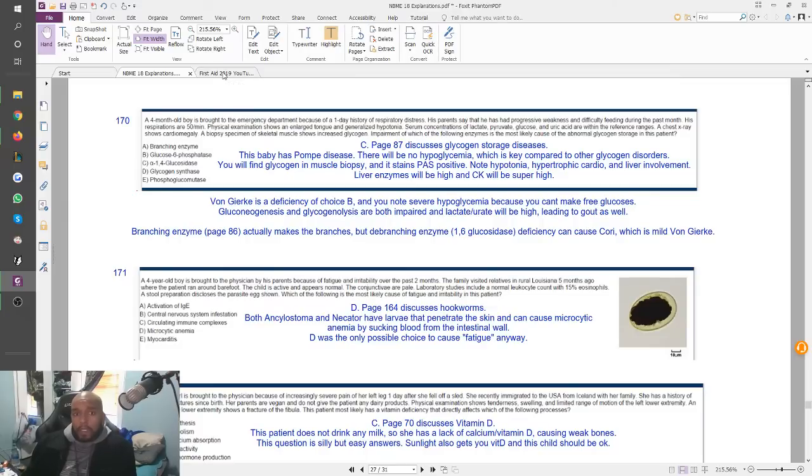So that was it. Now, the only thing that's off about this question is, with Pompe disease, you're supposed to die. The baby's supposed to die. The baby hasn't died yet, nor does the baby really look like it's near death, but it probably will. I mean, history of respiratory distress in a 4-month-old baby is pretty sad. That's pretty problematic. And with Pompe disease, the baby's not going to live. So it's alive so far, but not for long.